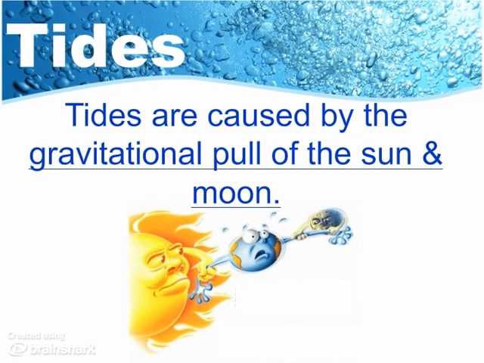The reason that tides are a daily occurrence is because they are not caused by forces on the earth. The tides are actually caused by the gravitational pull of the sun and moon. And that's why we can count on them every day, because it's not about what's happening on the earth, like I said earlier. It's not about the weather. It's about actually what's happening in space with the sun and the moon, both of them pulling on the ocean water.